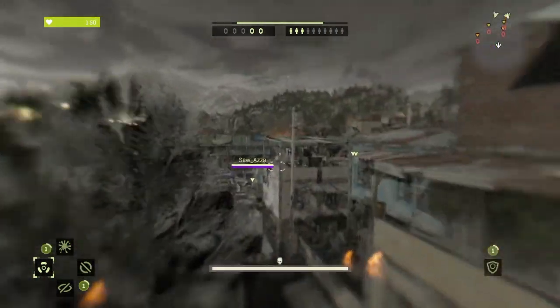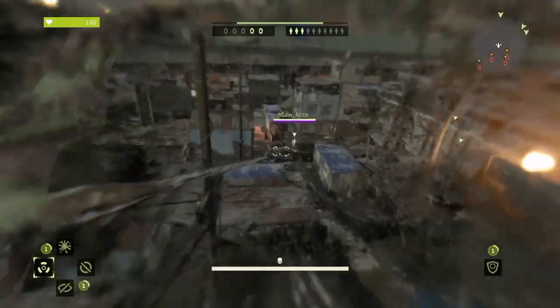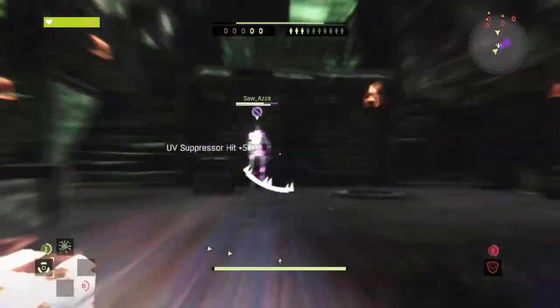I want to catch them while they're a little separated. I see that Saw Azza is not around his friends, so I go in for the kill here. I missed the UV spit, which is too bad. It would have been a quick pounce. But somebody else is UV lighting me, which is not too good. But I do manage to actually